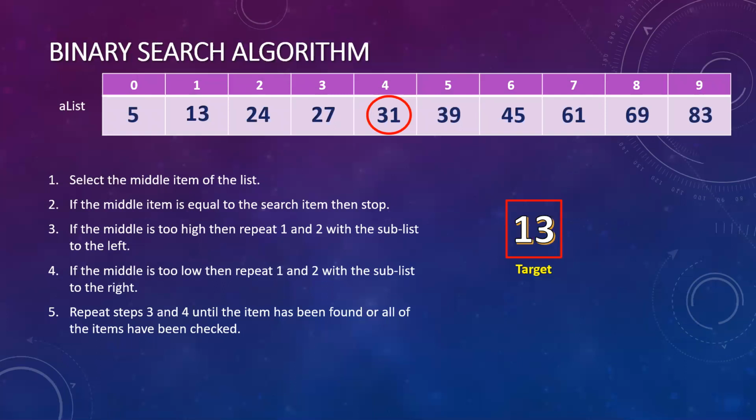And again, it will find the middle point of this sublist. So 0 to 4, we have the middle point 2, and it will check again. Here also, the middle point is too high from the target item. Again, the left side from the middle will be the sublist. So here 0, 1, 2, that means 5, 13, and 24. These will be the sublist, and the middle point of this sublist is 1,